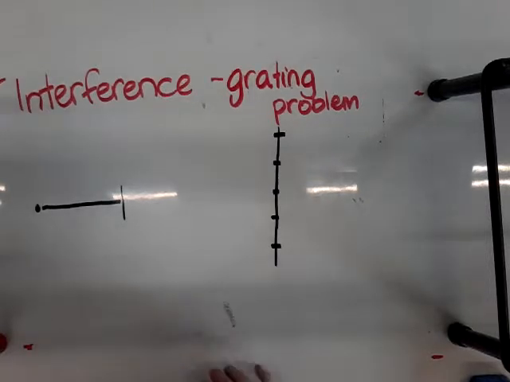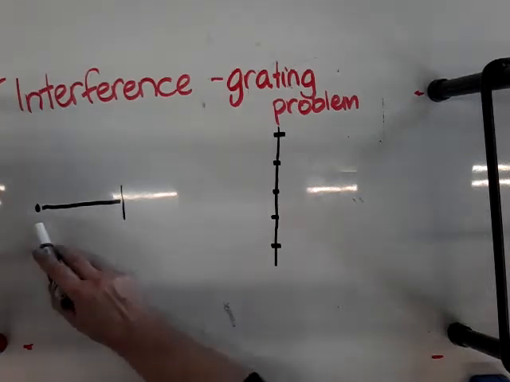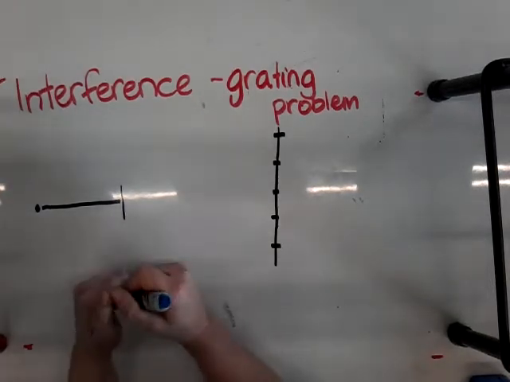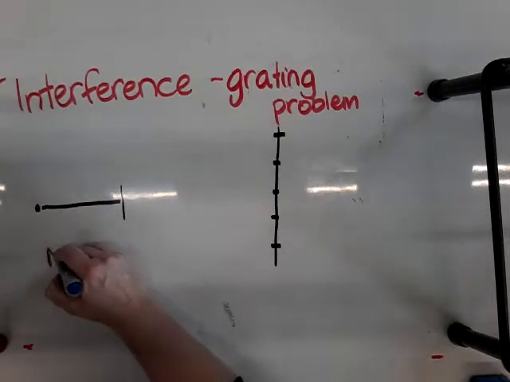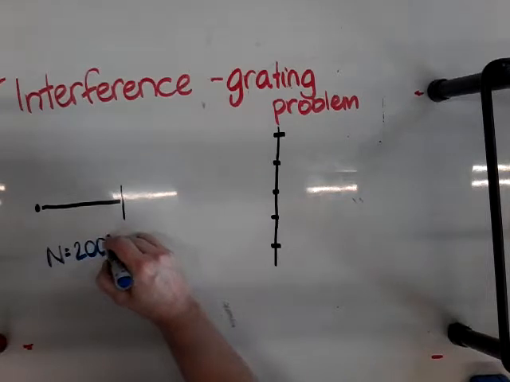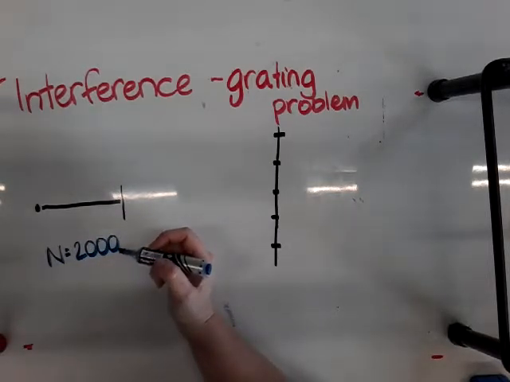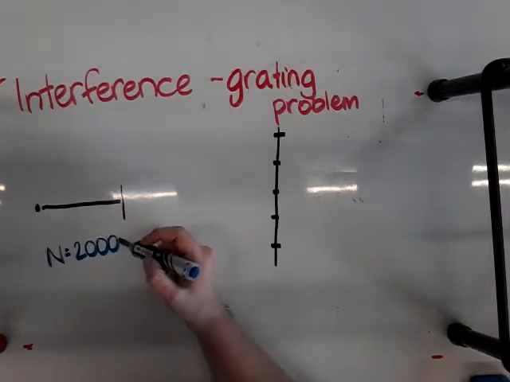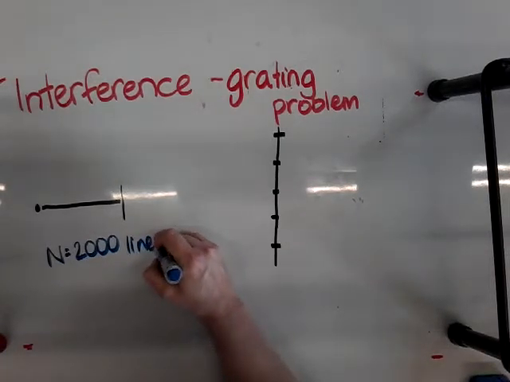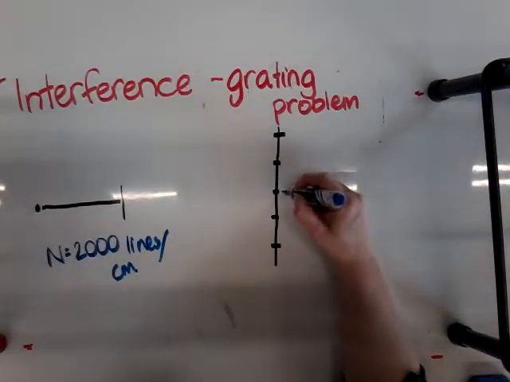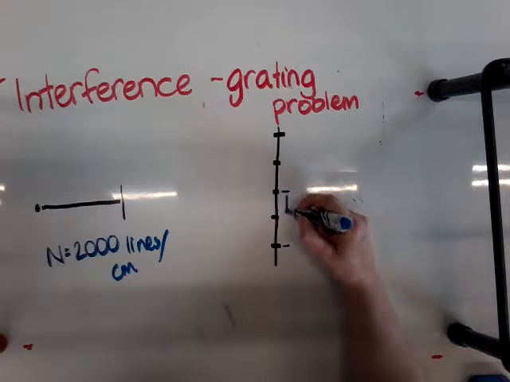So we're going to do a diffraction grating problem, and in this one we're told there's a laser. We don't know anything about it except that it's a laser, and it's being fired through a grating. The grating has 2,000 lines per centimetre. Okay, 2,000 lines per centimetre. We're told that this distance here from the 0 fringe to the second fringe is 1/2